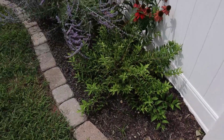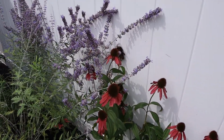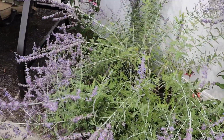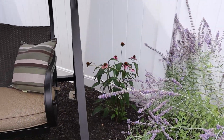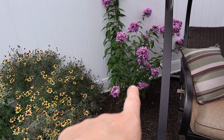And then let's see over here. Some of these echinaceas that are clearly done, I'm going to deadhead those. Look at all the honeybees. I think I might put a plant support on this. Deadhead that echinacea. And then come over here, and I think I'm going to put another plant support underneath this